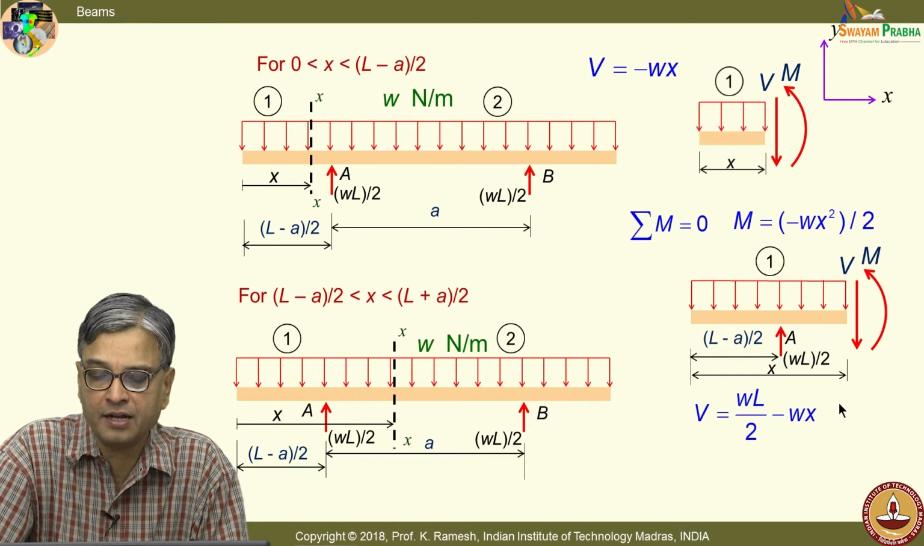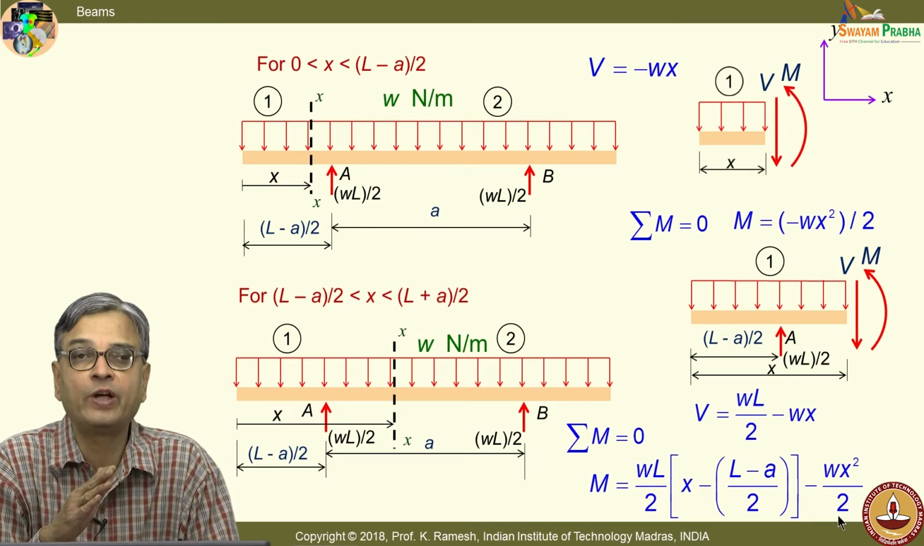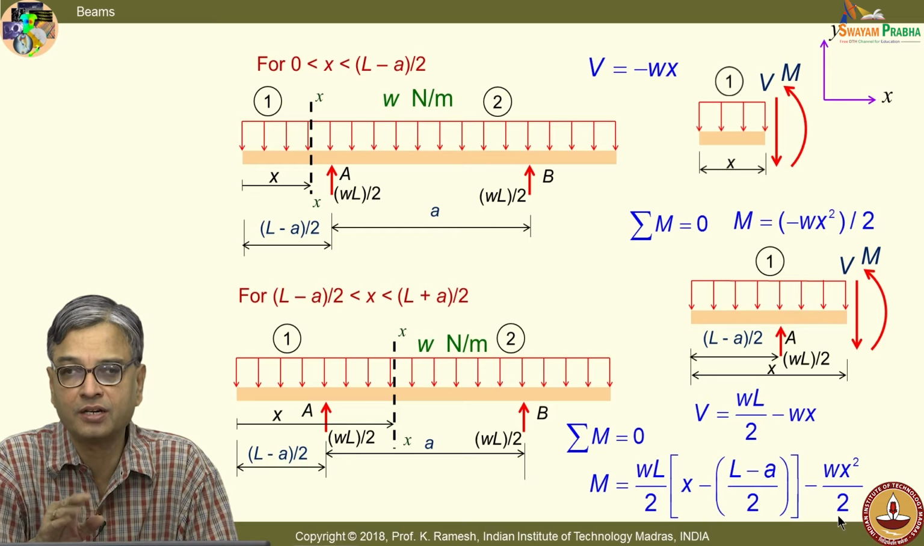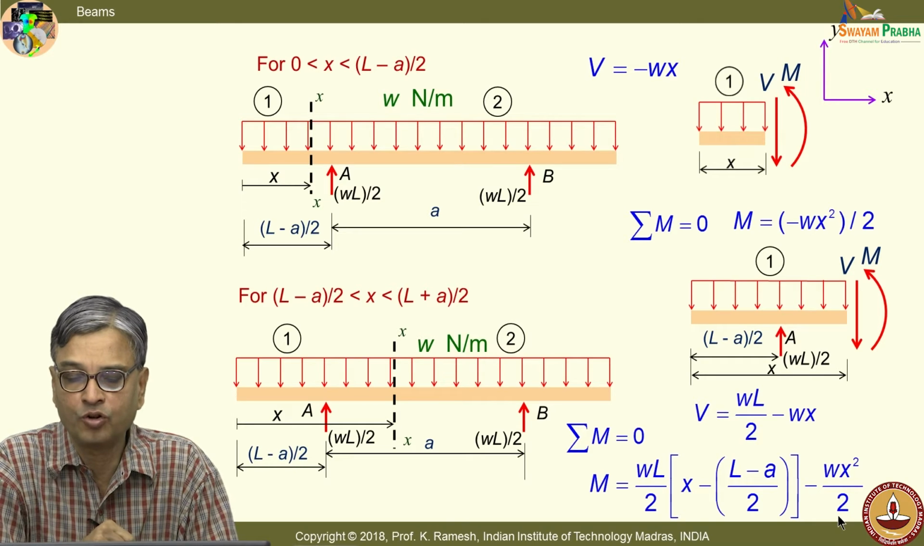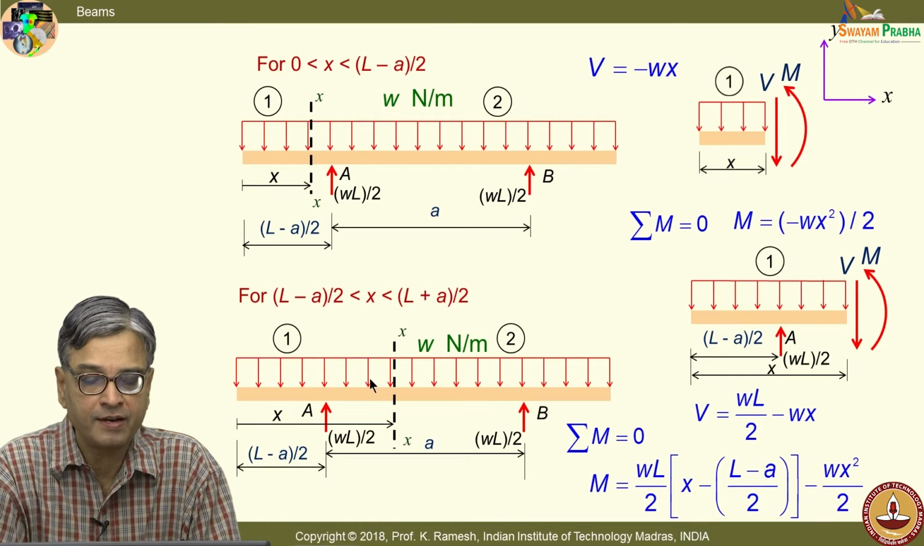and I get my moment equation as WL by 2 multiplied by x minus L minus A divided by 2 minus Wx squared by 2. Please verify this mathematics. Check in your notes, in your notebooks, verify the calculation. So, I have determined for this portion, the portion 1, what is the